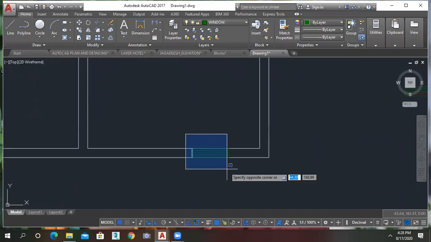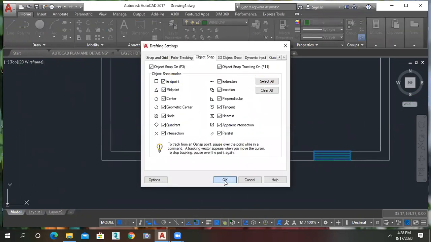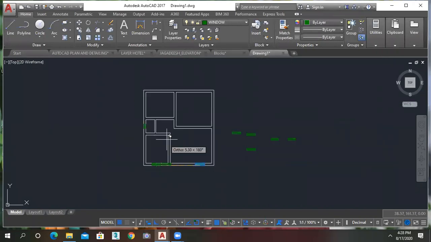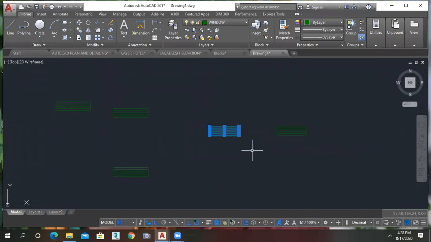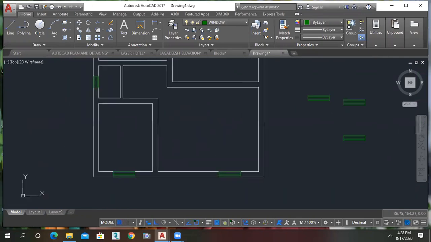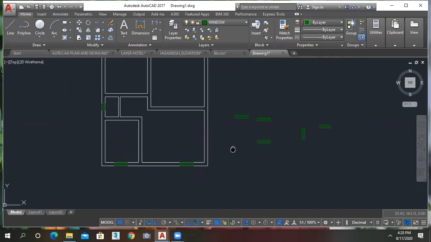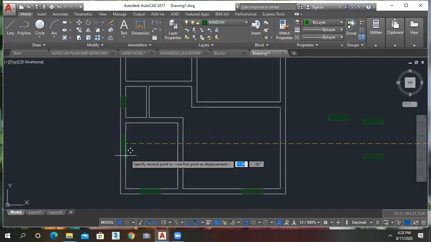Same way, I just copied the midpoint of this, and better just go and turn on all the snap settings. So this is my main window and this is my sub window. Rotate it, okay, and just move it like this, midpoint to midpoint of the room. It's not snapping actually. Just change the point here. Take this point and keep it like this.